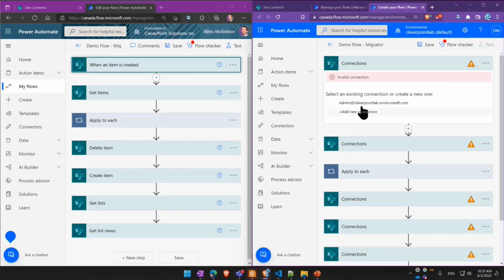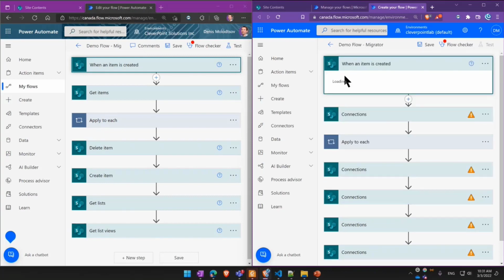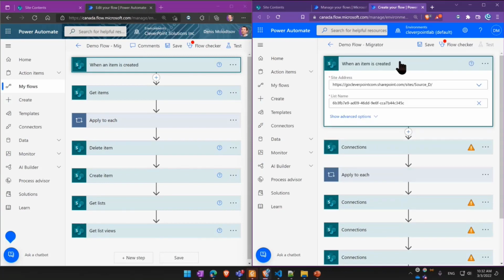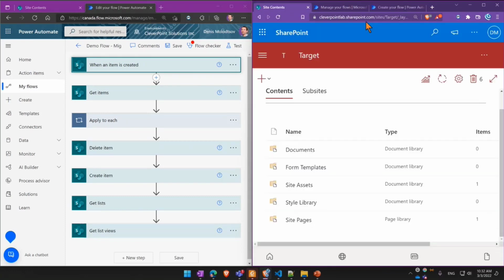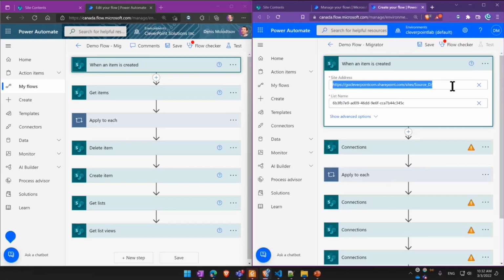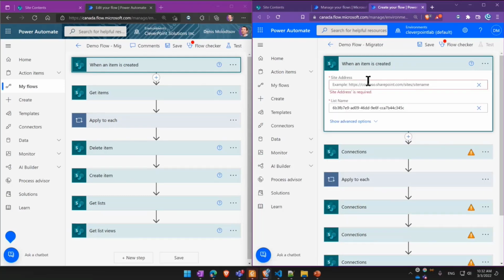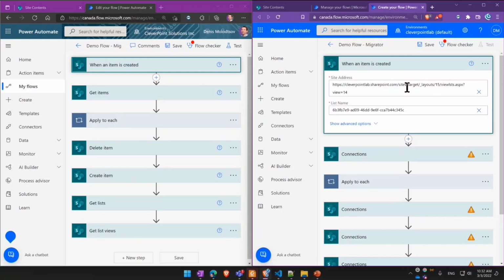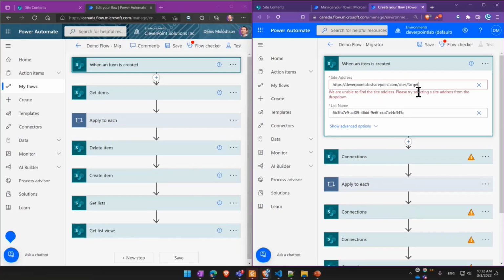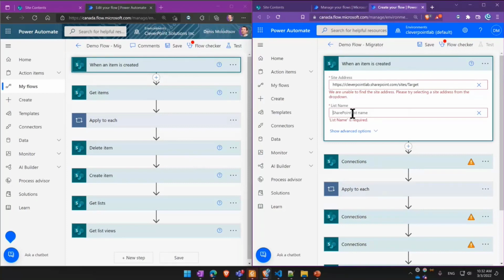For example, I need to reestablish the connection, and then I will have to fix the site address. The site address can be fixed manually like this. And then I would realize that the list is missing, which is a dependency.